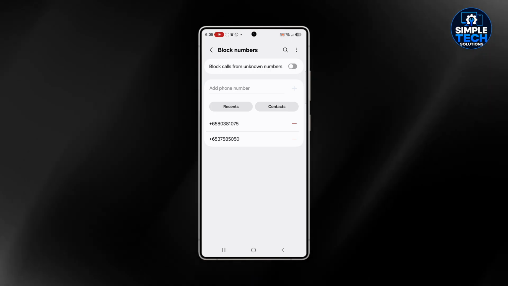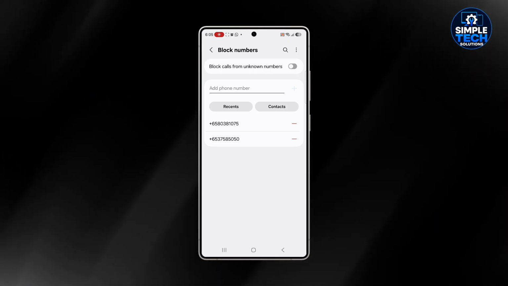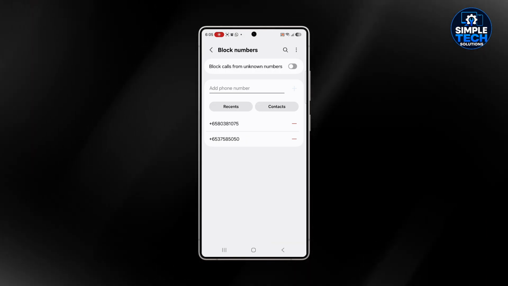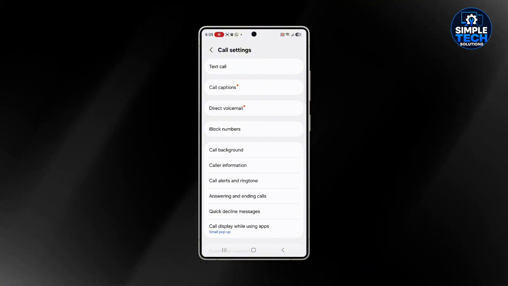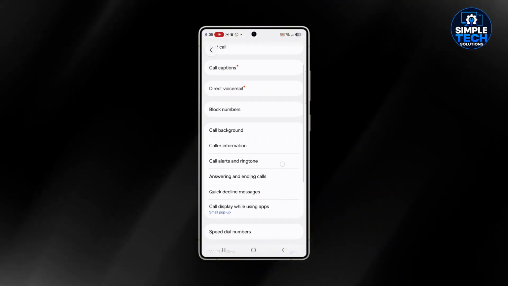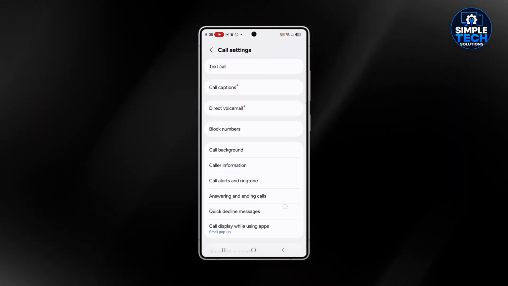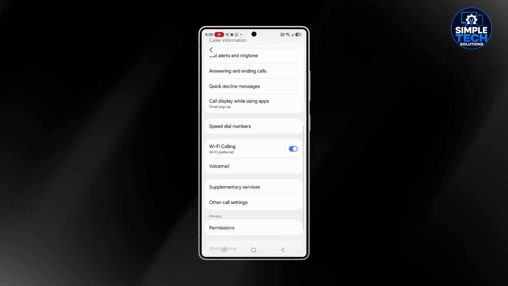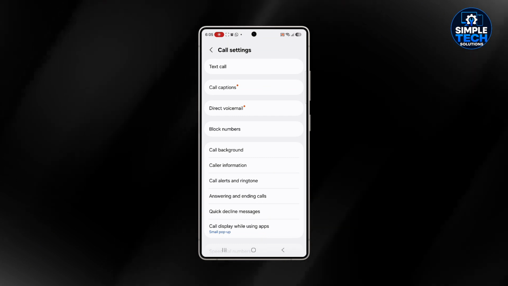Check if you have any blocked numbers, especially the number that you're going to get an OTP from. After that, you also have to check the spam filter. If you have a spam filter in these settings, you have to check that filter as well, and you have to turn it off.